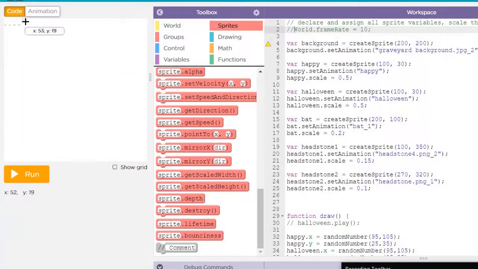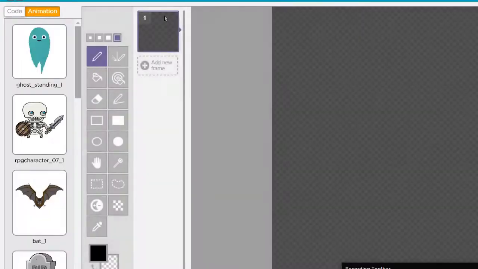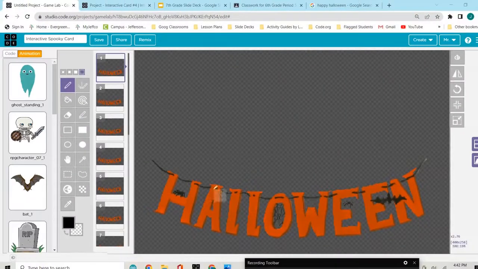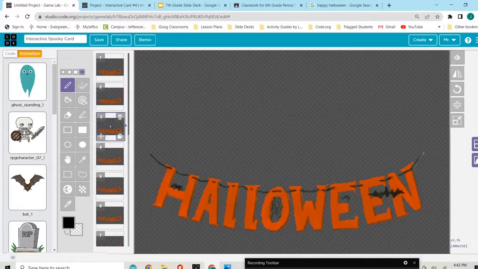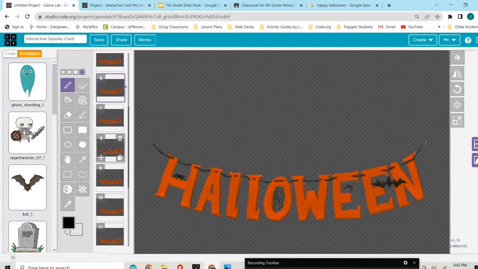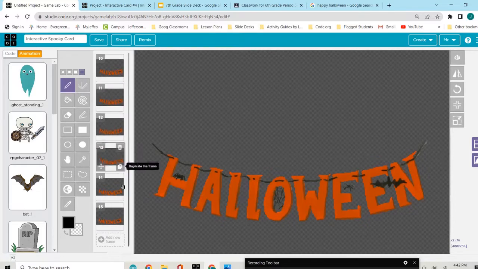I hadn't really played around with animating sprites by adding frames until now, and it works really well, and you can do it quickly. You can see I took my Halloween sprite here, and I just duplicated the frame and moved it very slightly a bunch of times, and I have 15 frames here that we can cycle through with the